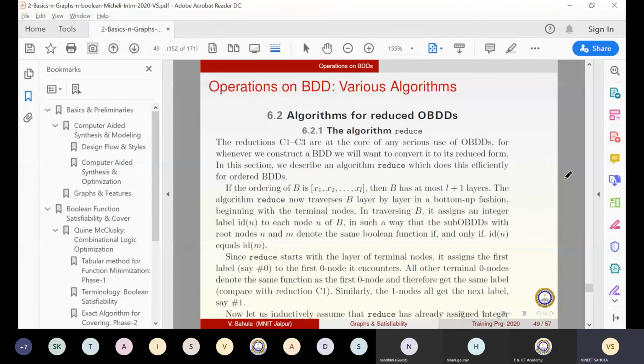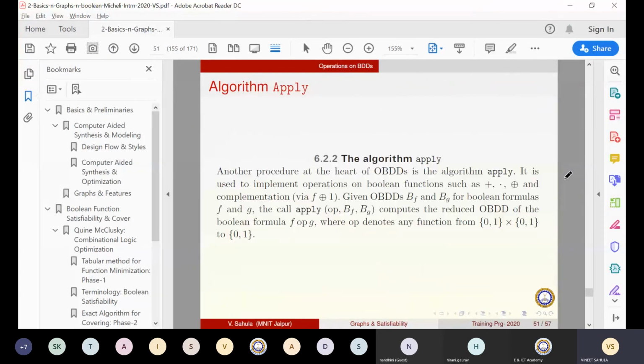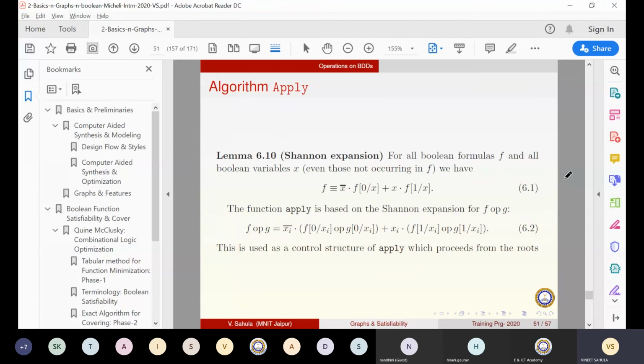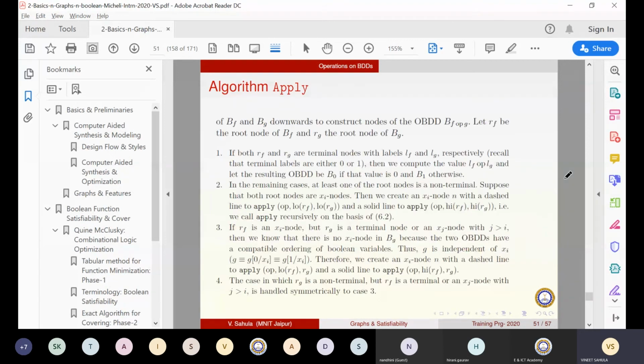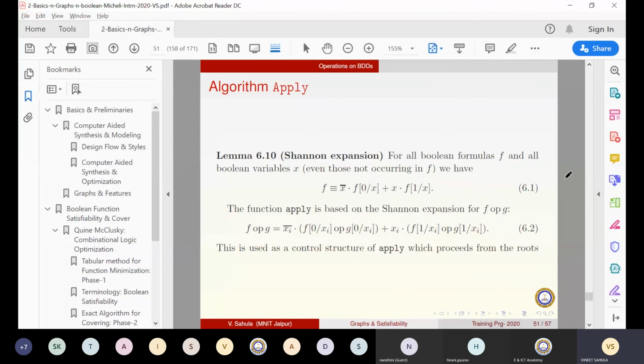Please do some exercises at home, applying those two merging and reduction procedures repeatedly, looking at many graphs. I will give you a problem or exercise. I will upload it on Canvas so that you can go through the exercise.